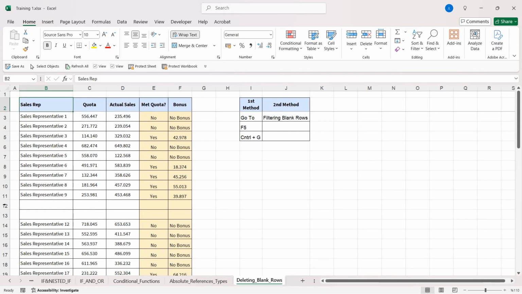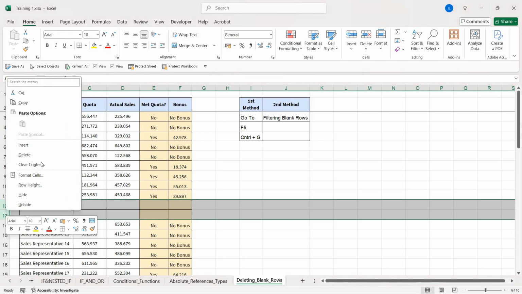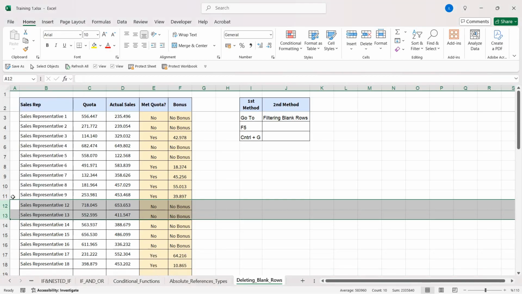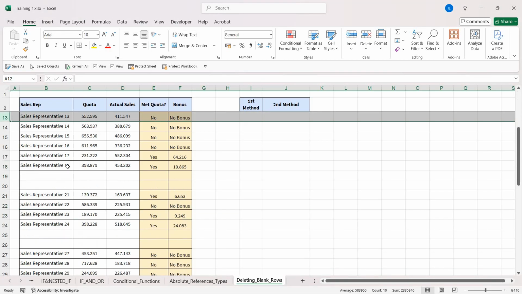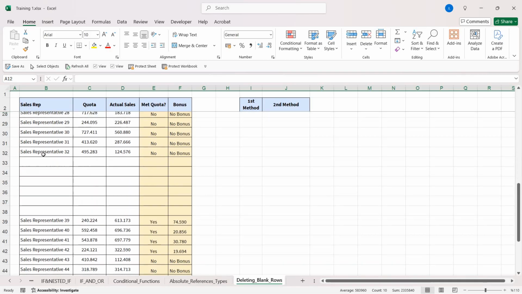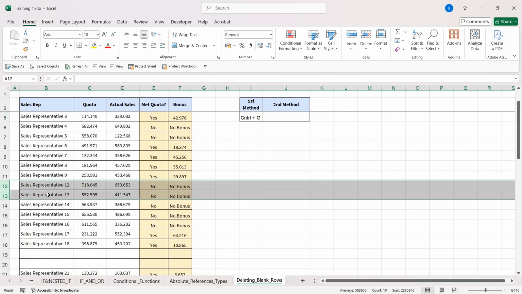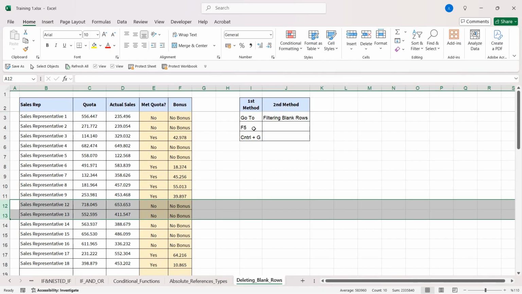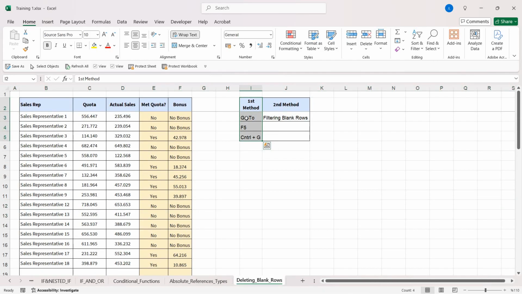So if you have one or two blank rows, you can just easily go to these rows, make a right click and then delete. However, this is a static solution for a dynamic problem if you have multiple blank rows in a database. So what you can do is you can use the first method, which is either press on